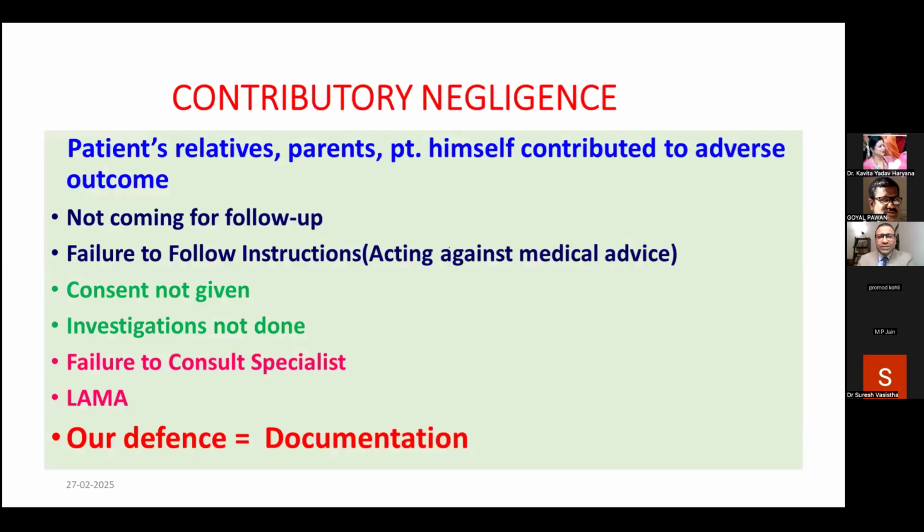Then contributory negligence is when the patient's relatives, parents, or the patient himself contributed to the adverse outcome leading to some damage, like not coming for follow-up, failure to follow instructions, acting against medical advice, consent not given, investigations not done. Now, let me be very clear that any kind of emergency situation does not warrant all these contested points. Then failure to consult a specialist, or leaving against medical advice. So in contributory negligence